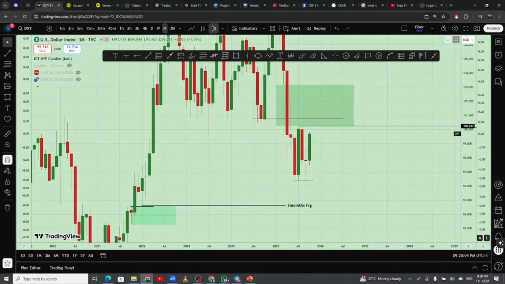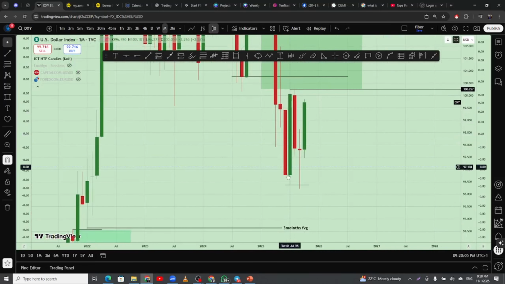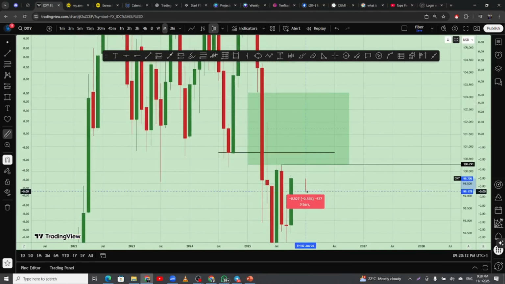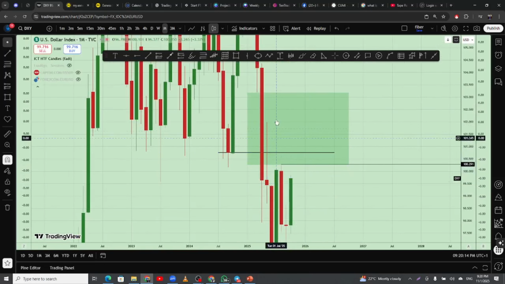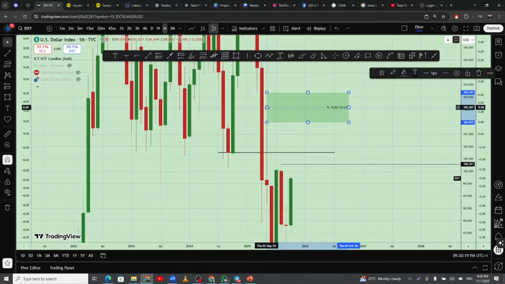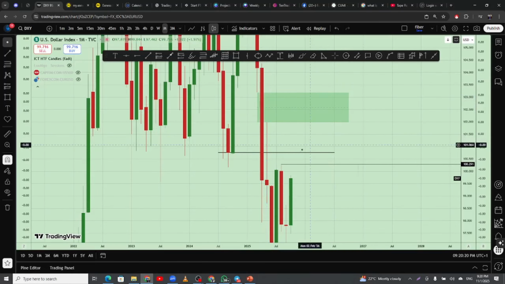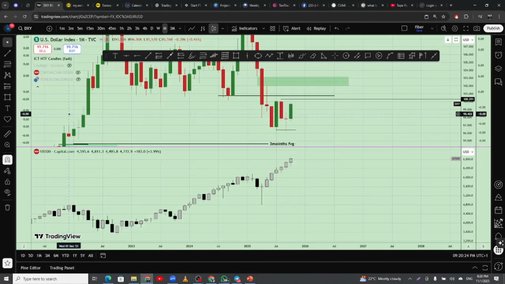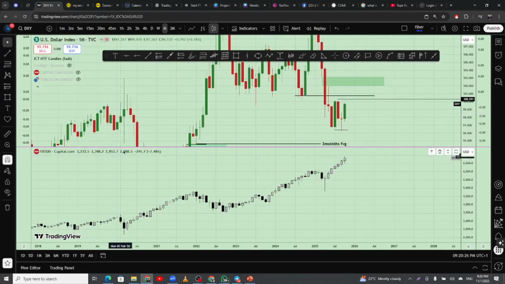Now we also have a new monthly candle on DXY. You can see price sweep these lows, and we're pushing higher. This can also be a CRT as well, and fortunately when you look at this area on the monthly time frame, you would want to say that this is also another FVG, which means price can likely come up to this point. Now I would accept that because when you look at this price action here,